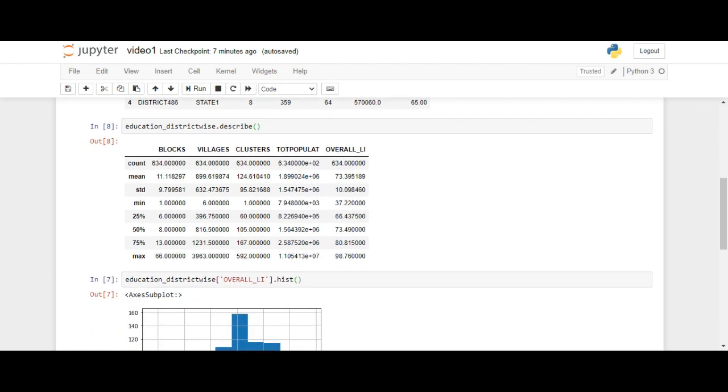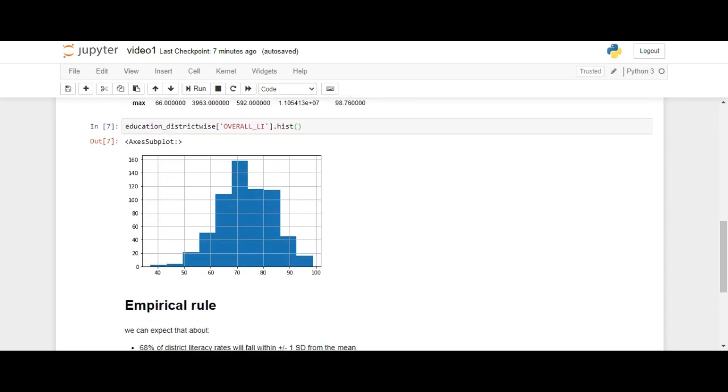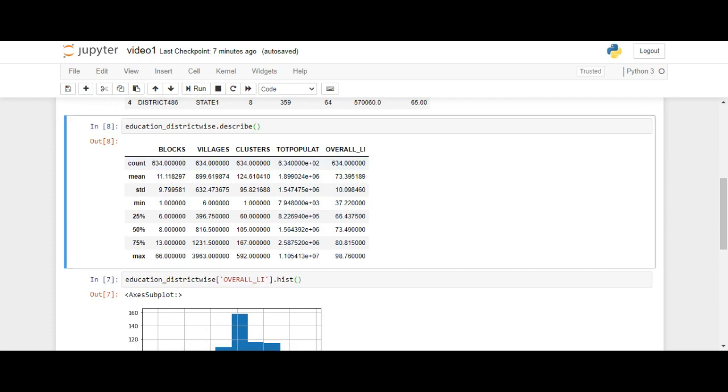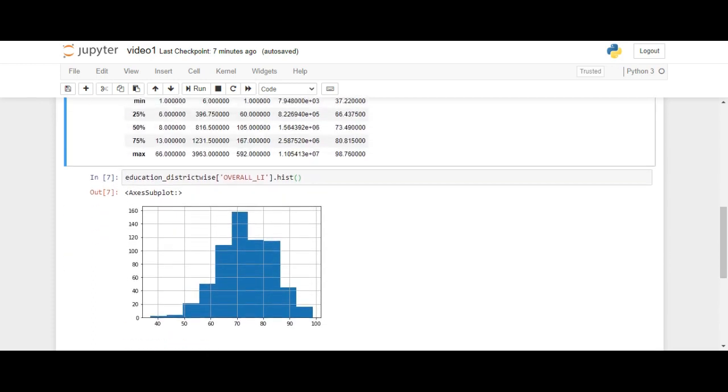The first step in trying to model our data with a probability distribution is to plot a histogram. This will help us to visualize the shape of our data and determine if it resembles the shape of a specific distribution. So we use matplotlib's histogram function to plot a histogram of the district literacy rate data. So we know that the overall_li column contains this data. The x-axis of our plot refers to the literacy rate of each district, and the y-axis refers to count, or